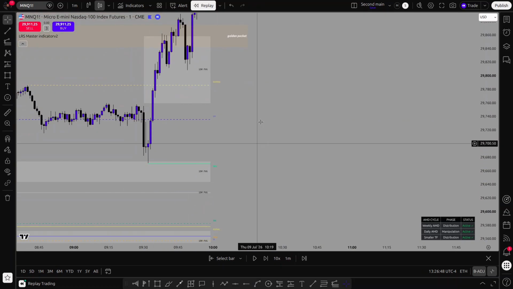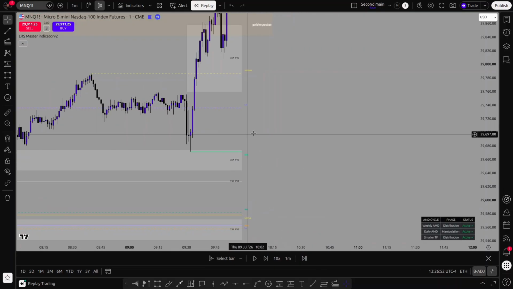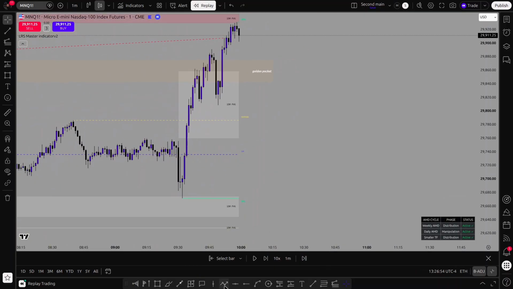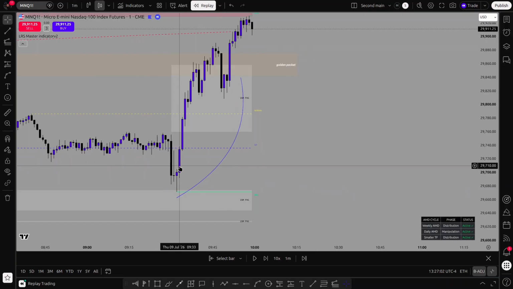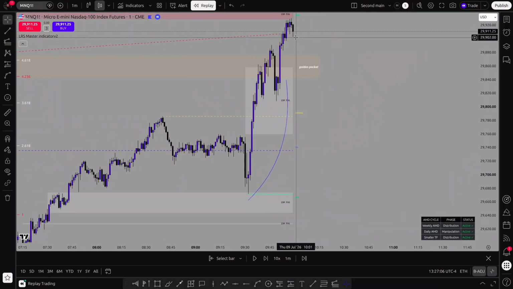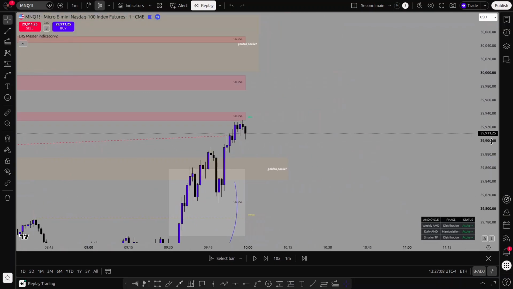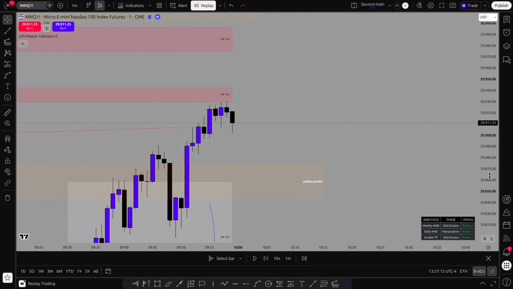Where's my low resistance liquidity in this scenario? In this case, my low resistance would be all of that you're seeing, all the way from here to here. That's my low resistance liquidity. I believe that this was a move to trap the longs so that the market can in fact retrace bearish and then continue going towards the actual golden pocket. Okay,